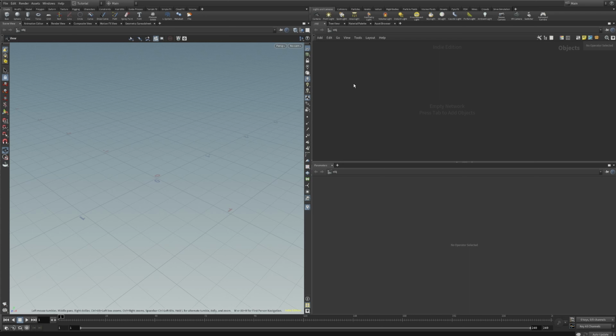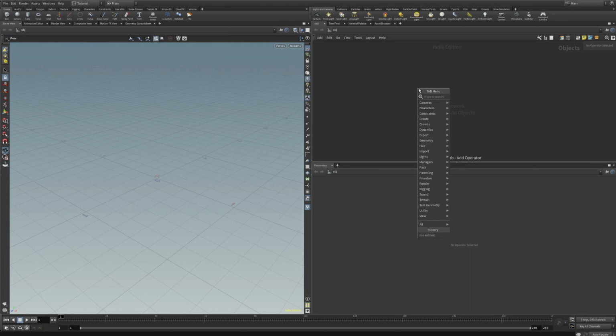Alright, so welcome to Houdini. And first of all, just to let you know, I've just set up my viewport so it resembles Cinema. So it's a little bit easier to follow along. So, first of all, we navigate the same way as in Cinema. And when we make a new node, we press tab and we